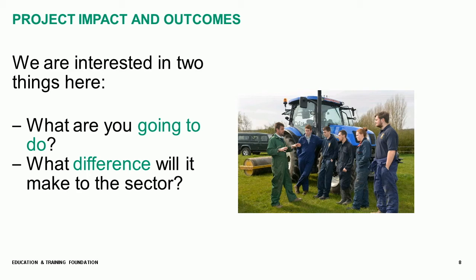Outcomes come a bit later when we start to see some change from the output that you've produced. For example, we might see teachers using the resource. And impact is usually a longer term result. It may not be achievable in the life cycle of your particular piece of work, but it's the long-term impact that we want to see. For example, learners would benefit from teachers using this resource.